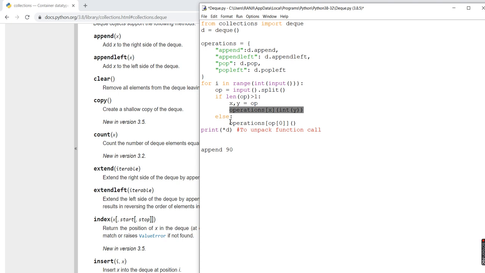Now if this is not the case and he only needs to pop the element from the DQ, we need not pass this parameter, that is the y part. So that's why this is empty, and here in these operations we are just calling the OP. So operations is a list, and inside that we are passing OP of 0.